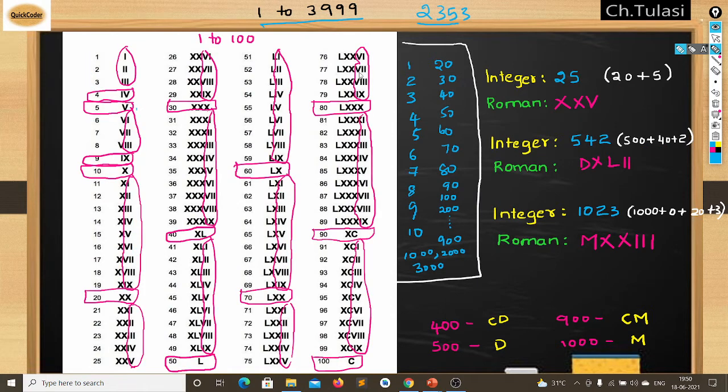Okay, see friends, I will simply summarize it. See here 1, 2, 3, and we have encountered a new symbol, V, which is 5. Again with this 5 symbol, the 1, 2, 3 symbols are repeated, and again a new symbol appeared, X, which is 10, and with that 1 to 9 are already encountered. And if we know XX, then we can append all of 1 to 9. And again XXX, with 1 to 9. And again we encountered a new symbol L, and again we are appending it with 1 to 8.